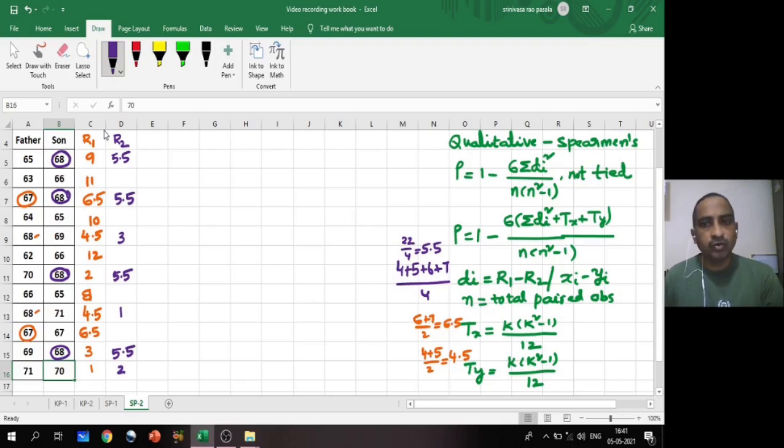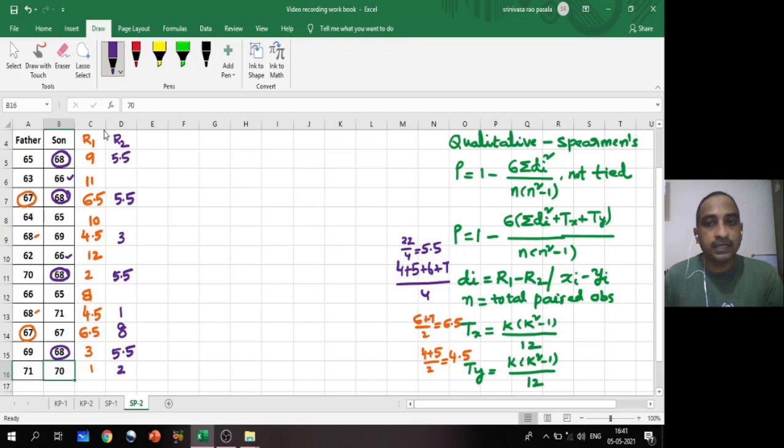So the 4th, 5th, 6th, and 7th ranks are over. The next number we will assign 8th rank. After 68, is there any 67? So 67, this is nothing but the 8th rank, right? After 67, 66 again, there are two 66 numbers. So this is 66 and this is 66. Am I correct? So after 8th, 9th and 10th.